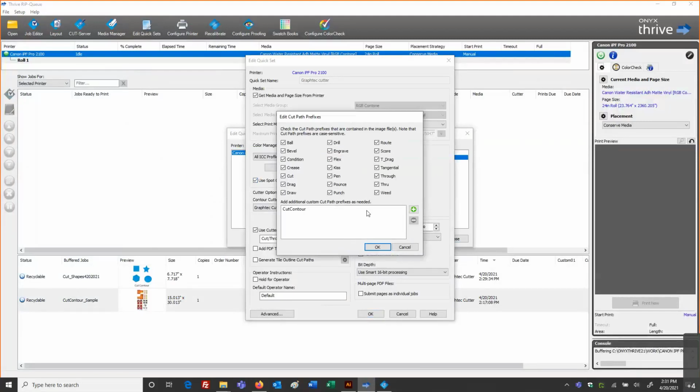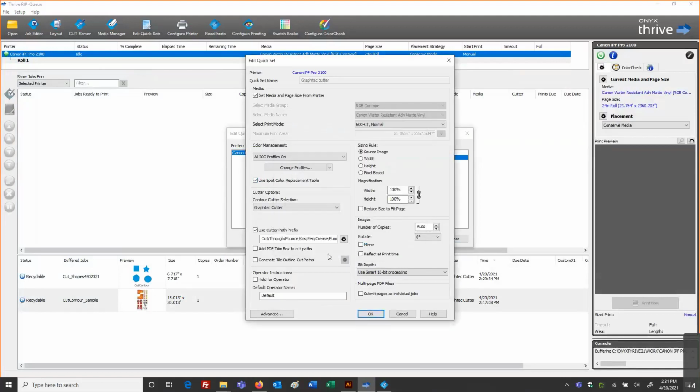We can disable what we don't use or add other names that are not present in the list. That information is going to pick up that data. It's a spot color going through this quick set. It's going to know that it's special. It's not going to print. Instead, it's going to send that information over to our Cut Server to be sent consequently to the file cut device.